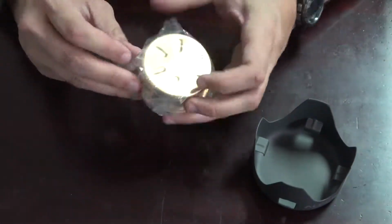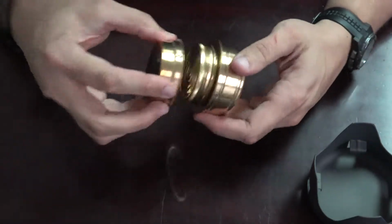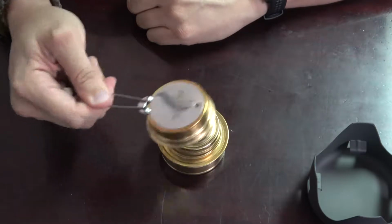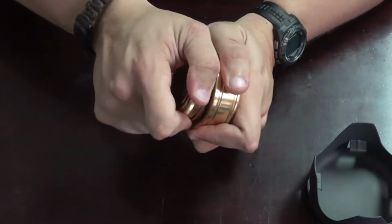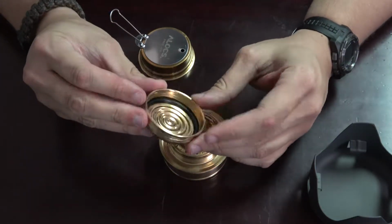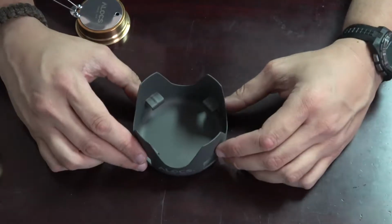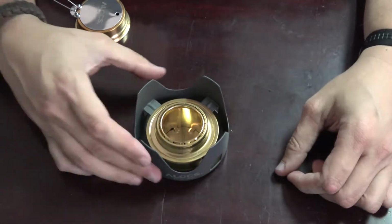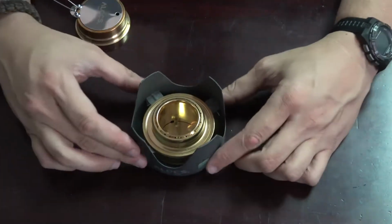Alright, the stove. Right here on top you have your snuffer. This is what you'll use to put out your stove after you're done cooking. It's got a lid on it, a nice sealed threaded lid with a rubber gasket in there. Now you've got your base. Pop your stove out in there. There are little tabs to hold it centered,